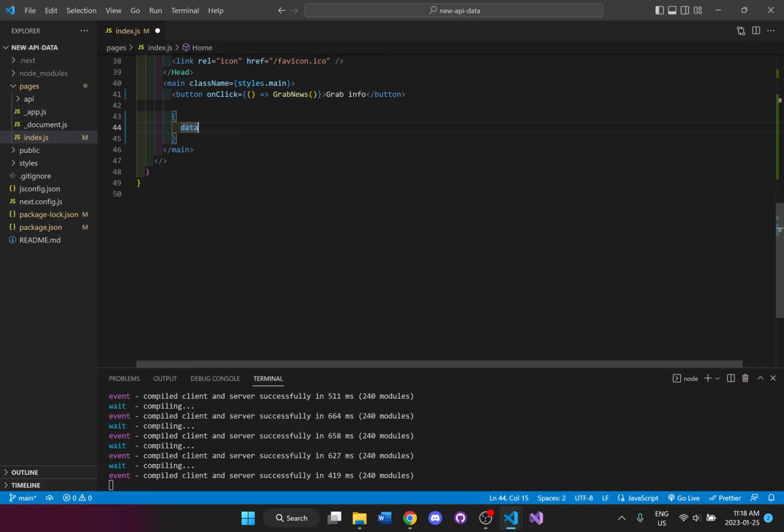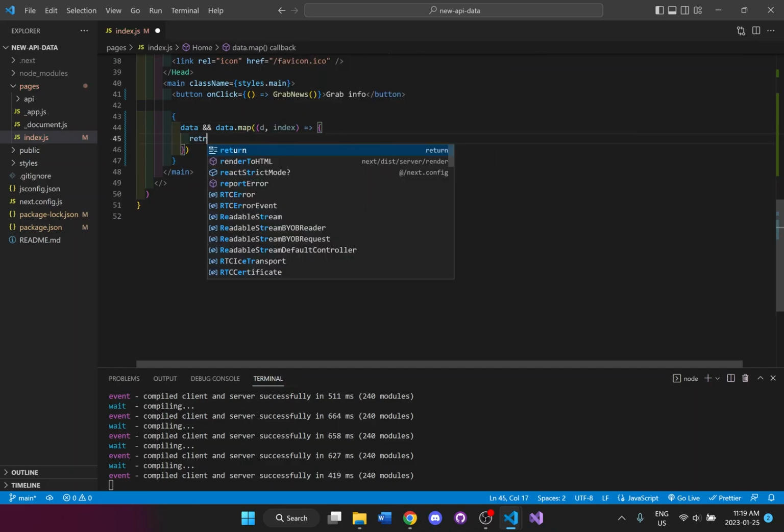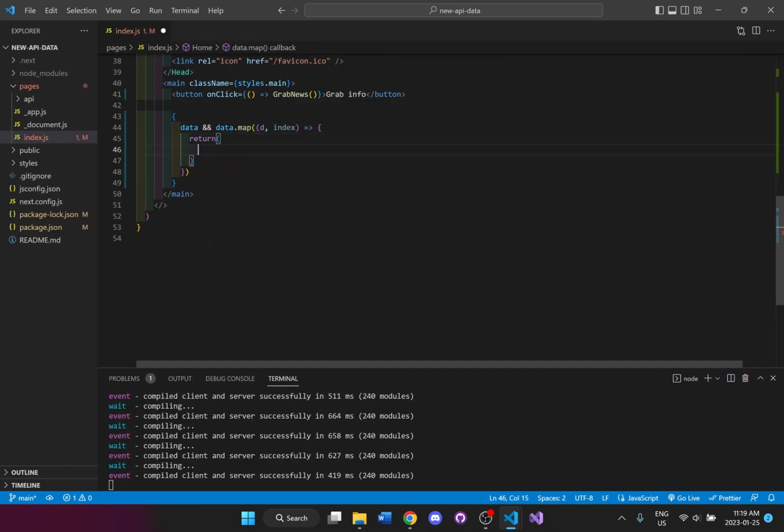If there is data in here, we can map through it. If there's data in the use state, then we can map through it. Then I will return some sort of information. And the information I will return, let's say the author, just the author for this one.